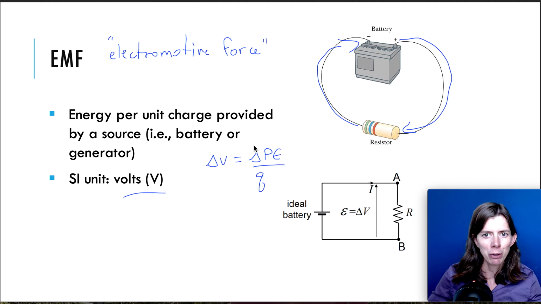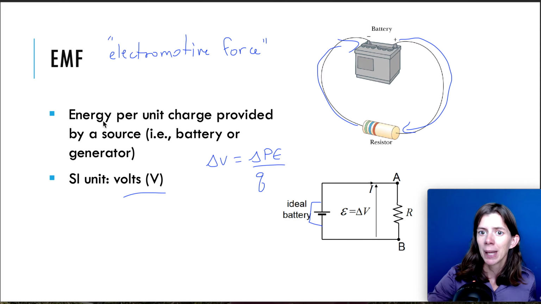So you may be wondering, what's the difference between EMF and potential difference? If you have an ideal battery, which is what we have in most of the circuits we're dealing with, we simplify things. If you have an ideal battery, then the EMF that it provides is the same thing as the potential difference across that battery. So for an ideal battery, EMF and potential difference, there's really not a big difference. However,